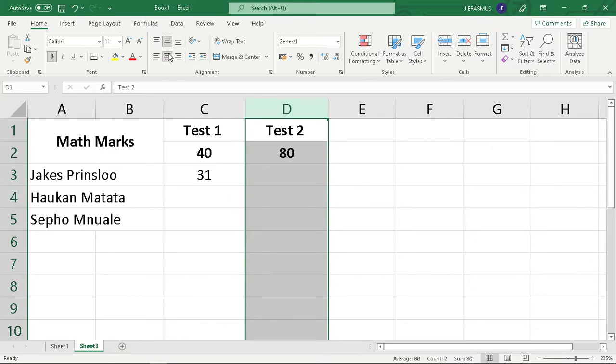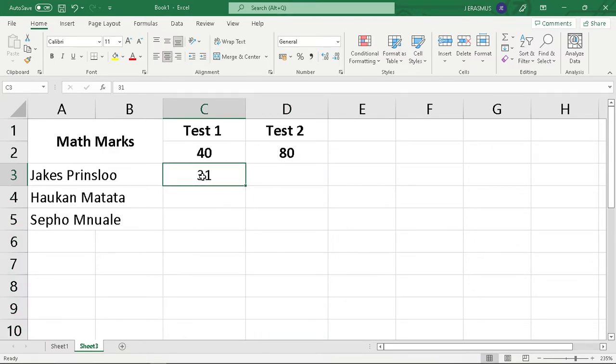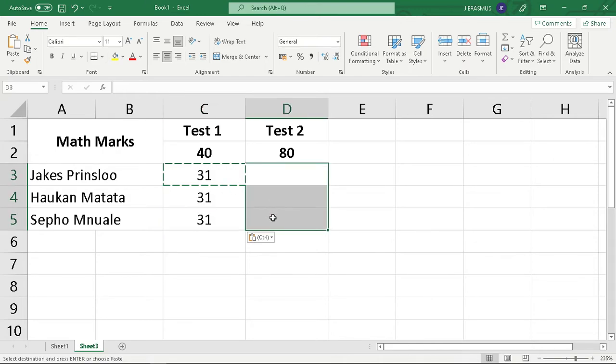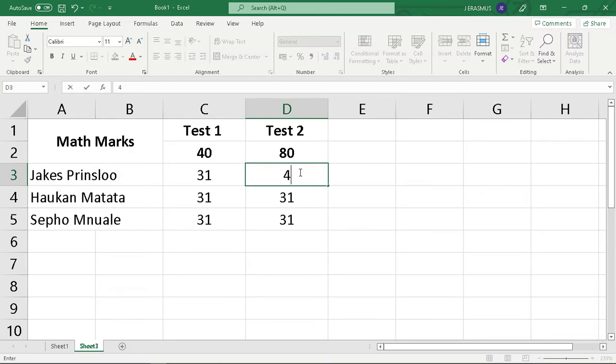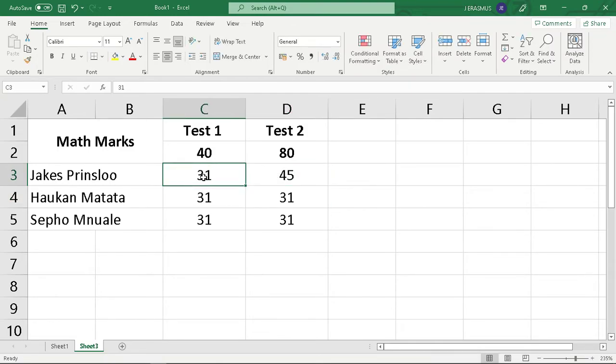So now we need to replicate that to all of the cells. So I just want to make everything center aligned. We need to replicate this to all of these cells. So you can copy using Control-C and pressing the cells that you want to copy that in and put that in there, and it will work. We can also copy it over here, and it will also work. So we can make this 40, and you can see if I'm going to make this 45, it works. But we copied this data validation